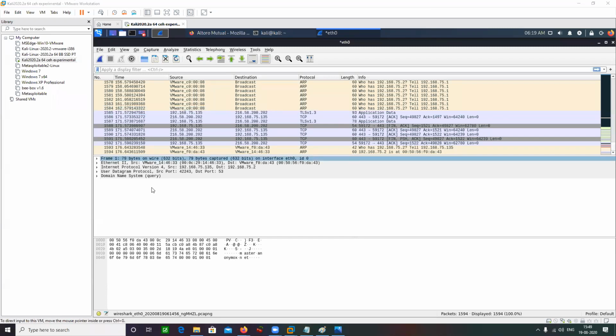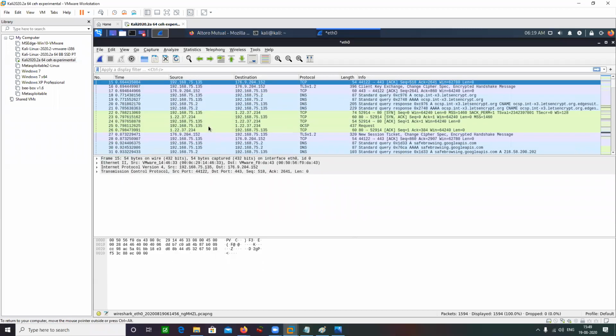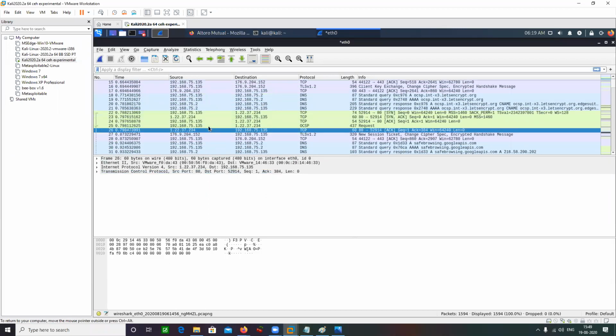Let's go ahead. Here you can see these are your packets which have been captured, and at the bottom most, the number which was increasing is now stable because the packet capture has been stopped. That number is going to remain constant now.